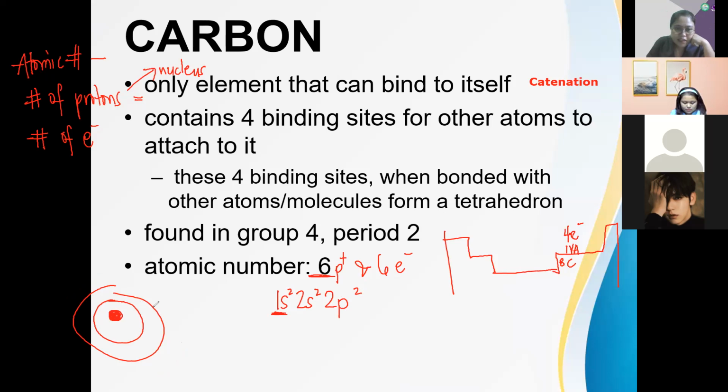So duha lang ka energy level sa carbon. So sa first energy level daw naa siya duha ka electron. But on the second energy level, take note of this. You have 2s2 and 2p6, which means meron siyang 4 na electrons. So ito yung outermost shell niya, and then meron siyang 4 na electrons, kaya 4 ang kanyang valence electron, meaning